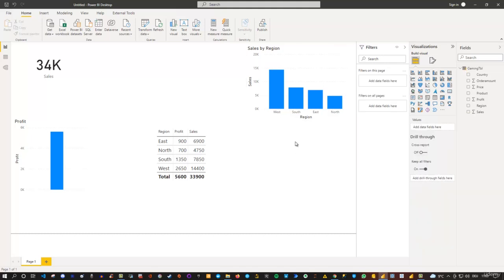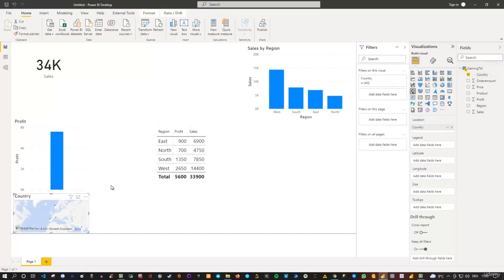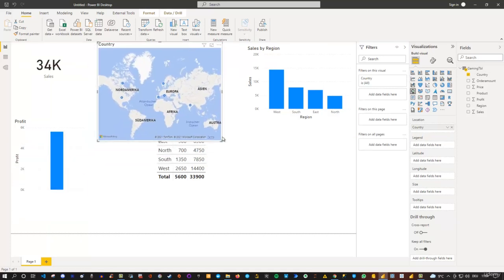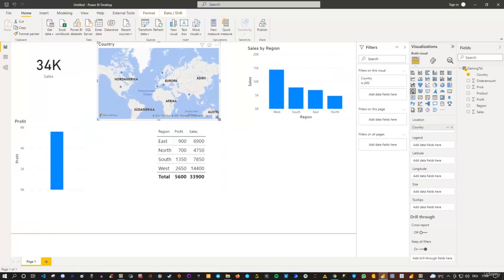Another option which I could show you is, for instance, for the country. The country itself is referring to a country. And if I first click somewhere on my blank canvas and then tick the country option, let's click it, you see that by default, now Power BI creates a map for me. So this is the third default behavior when you're referring to geographical data. So text data always by default creates a table, numerical data creates a bar chart, and in this case, geographical data,